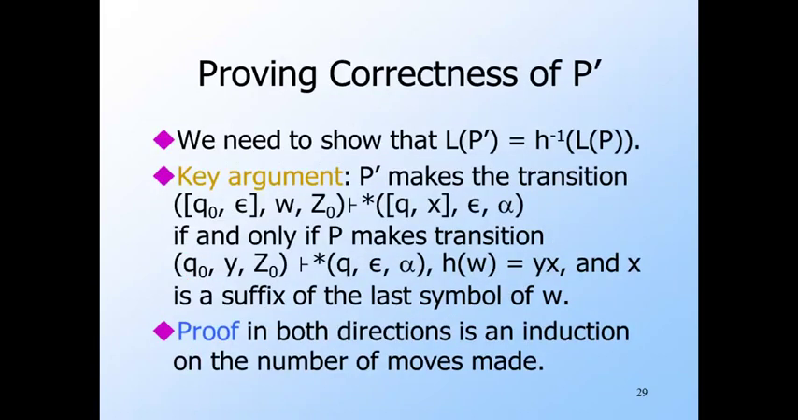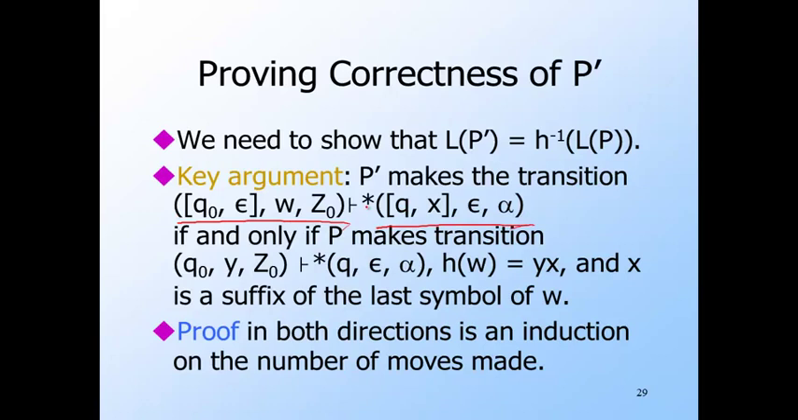In order to prove that P prime does what we want it to do, that is, accept h inverse of the language of P, we need to do two inductive proofs, one in each direction, of the statement that characterizes the way in which P prime simulates P. We're not going to give the proofs here. The precise statement of P prime simulates P is given in the middle of the slide. It says that P prime goes from its initial ID with input x to some ID with state q of P, buffer contents x, w consumed from the input, and alpha on its stack,